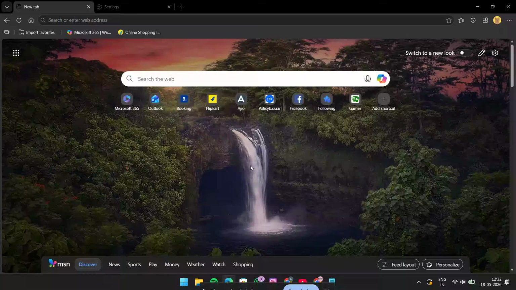In today's video, I'm going to show you how to turn on the new look in Microsoft Edge in just a few seconds. This is a quick and easy customization that changes the appearance of your Edge homepage and gives it a fresh new style. If you use Edge every day, this is a simple way to make your browser feel cleaner, more modern, and